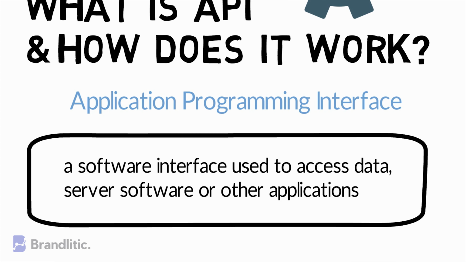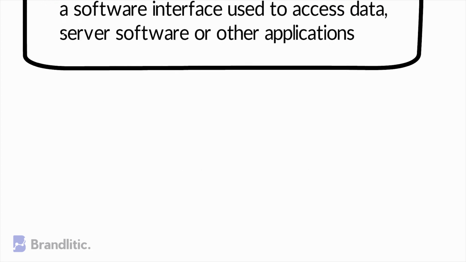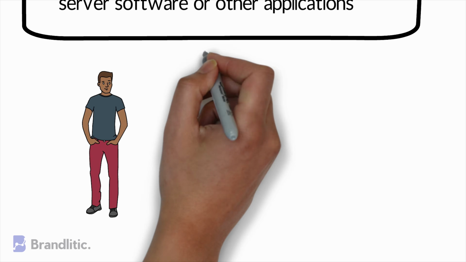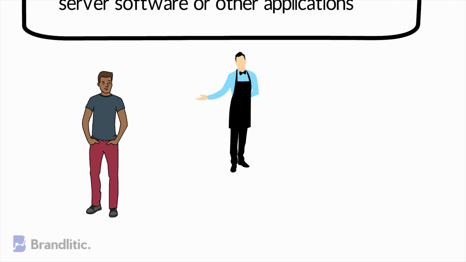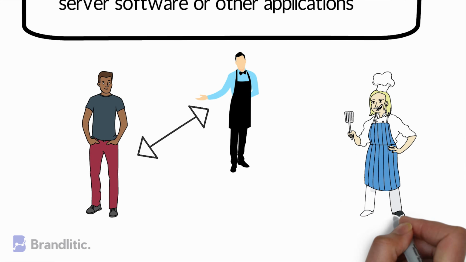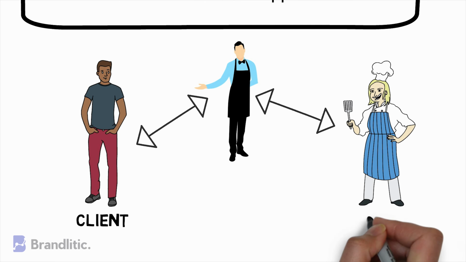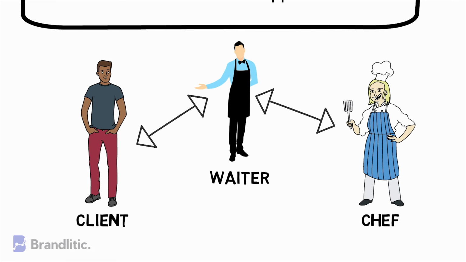In a nutshell, an API is a software intermediary that allows two applications to talk to each other. And you can think of an API as a translator between two people who don't speak the same language but can communicate using a go-between. For example, when in a restaurant, you don't ideally speak to a chef directly. You give your order to a waiter and the waiter tells the chef what dish to prepare for your table. In this case, you can consider waiter acting as an API.